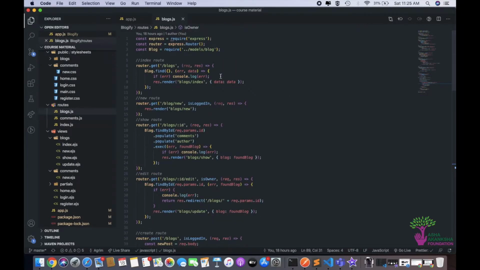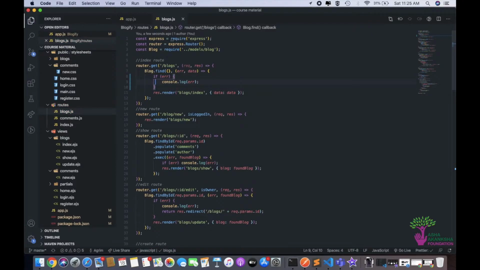So we could add something to req. First of all, let's see what we would do without Connect Flash. So here we are doing if error, console.log error. And what other thing we could do is that we could redirect to somewhere and then we could pass in a message. So redirect we're gonna do anyway. So let's see what I'm talking about here. So we're doing blog.find error, data. So if error, console.log error and